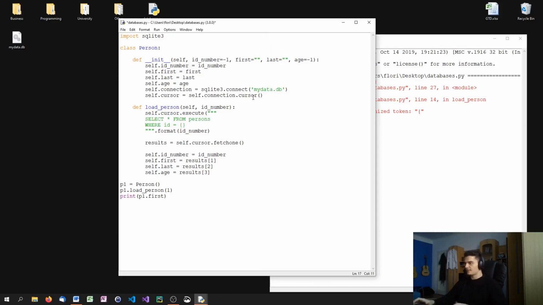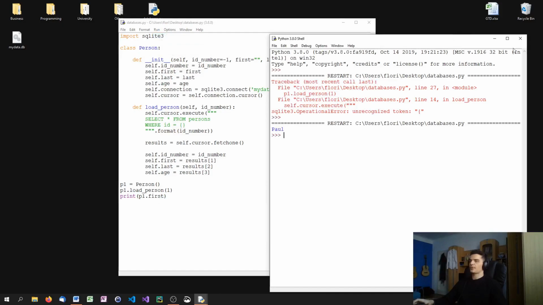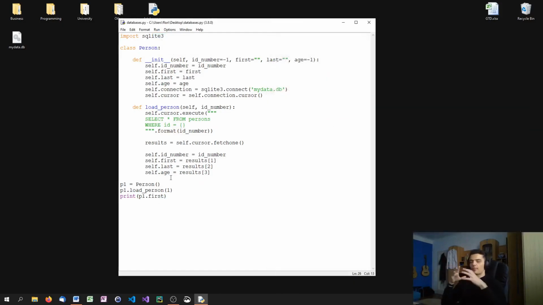I know why, because the format is out of the parentheses here. We're modifying the string, not the statement. Now it would work, yeah. So now we have Paul, as we loaded Paul into the person,